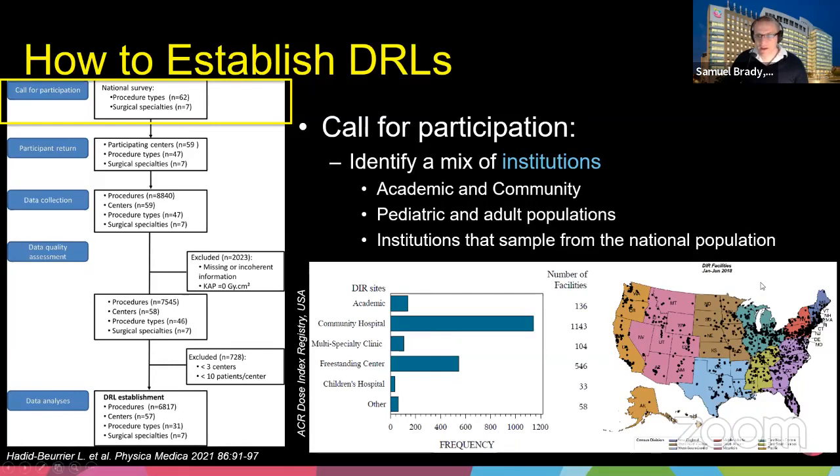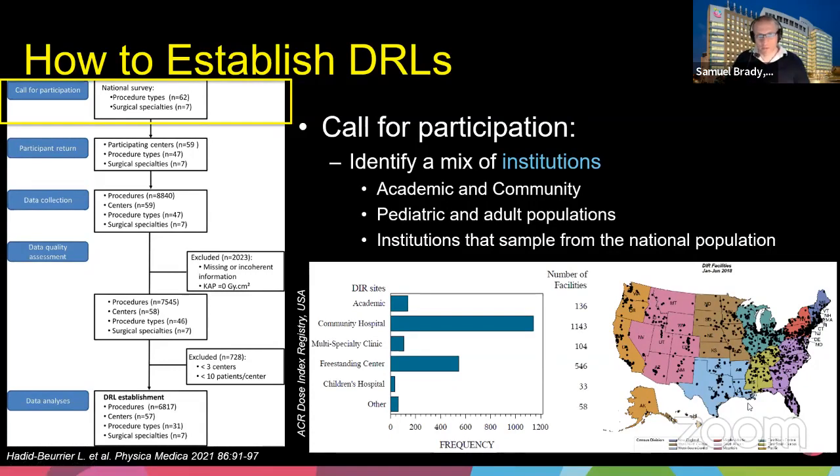In addition to that, here on the right, you see a map of the United States of America. All of these black dots represent sites in the US that are participating in sending data to the national repository at the ACR, and you can see that they're spread across the nation. One of the things the ACR did is group the data. You can see these different colors. Each of these states is grouped into a different color, and that represents different regions. That's because the people living on the west versus the east coast of our country, the north versus the south, are different. There are subtle differences in the demographics.